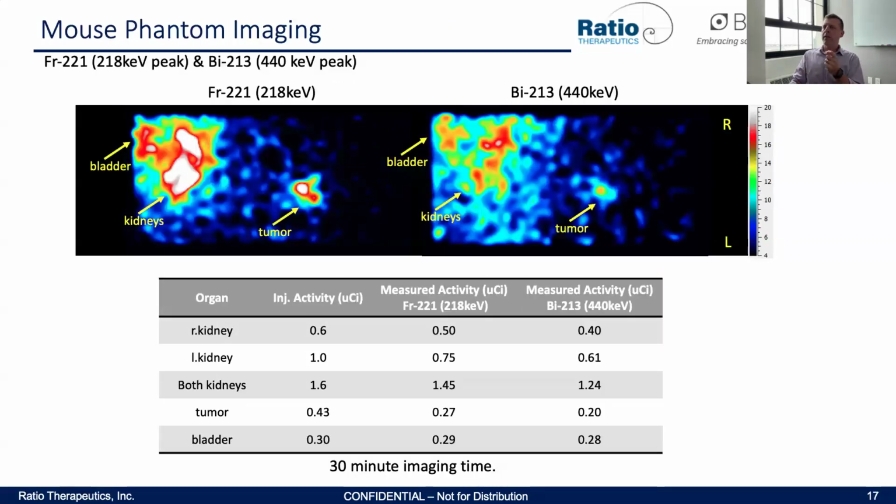So from a quantitation standpoint, this all seemed relatively internally consistent, but